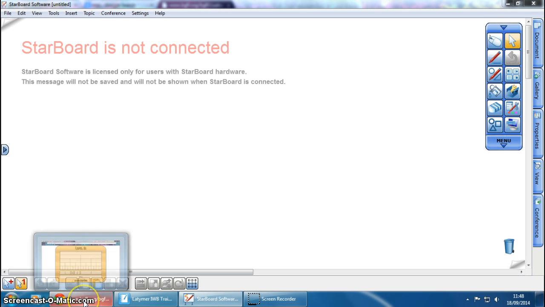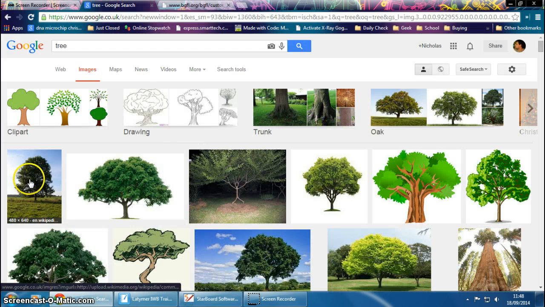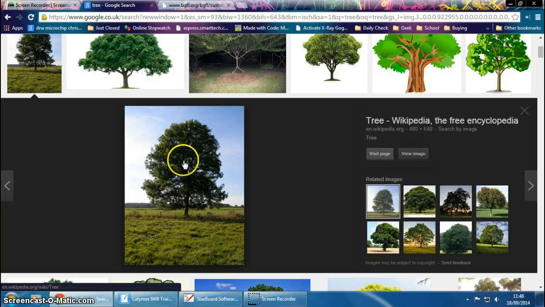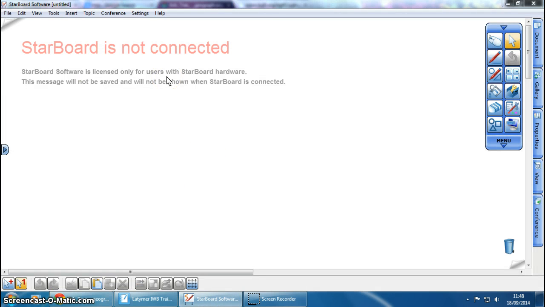So, inserting an image. First things first, we need to go online and get an image. Here are some images. I've once again Googled trees. I'm going to click all the way through, clicking here, clicking on view image. The reason why I'm doing this is because it's going to give you the best resolution image. You right click, click copy image, and then we go back to our StarBoard software,